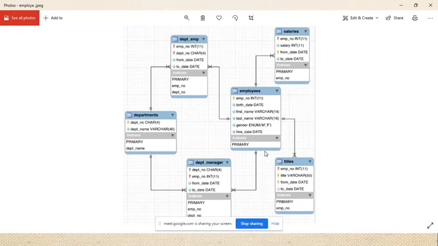Forget about these lines. Just check out, this is a primary key. This yellow one is the primary key. Department number, this department number is used here. So what we call it is a foreign key. Is it okay? So this one is also a foreign key. This one is a primary key. This one is a foreign key, primary key, composite primary key. Here we use the composite key two times. We all know that we cannot use two primary keys inside one table, but we can use a composite primary key. So we just need to think about that.